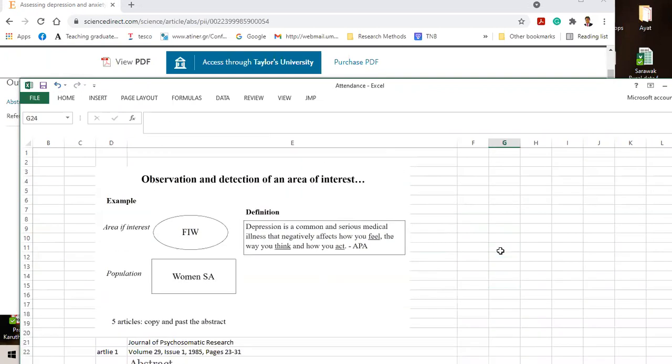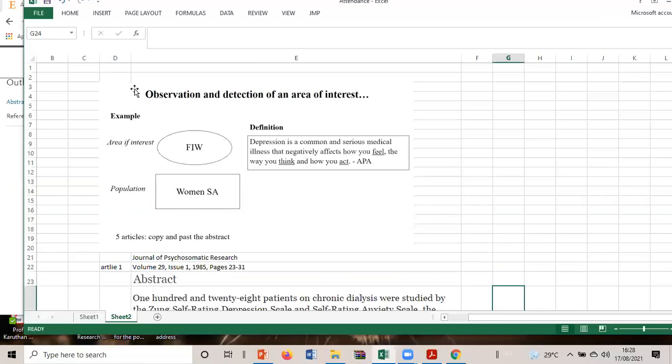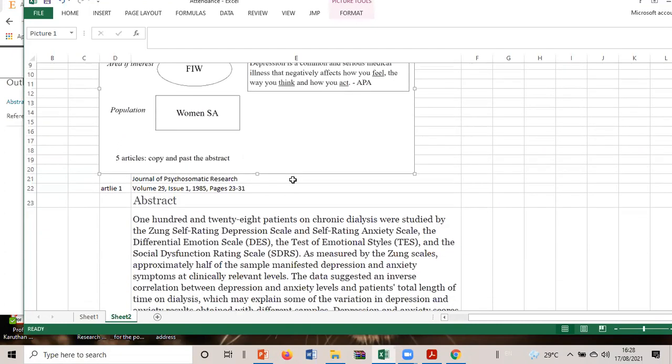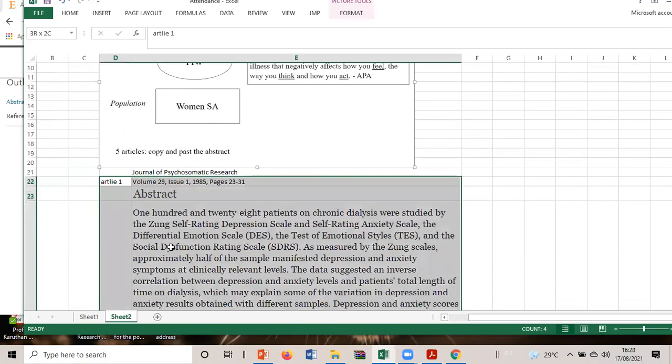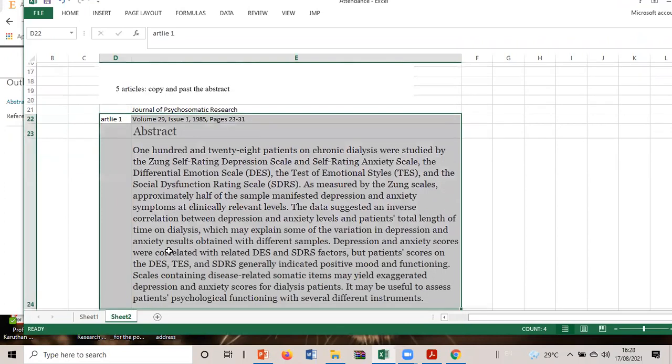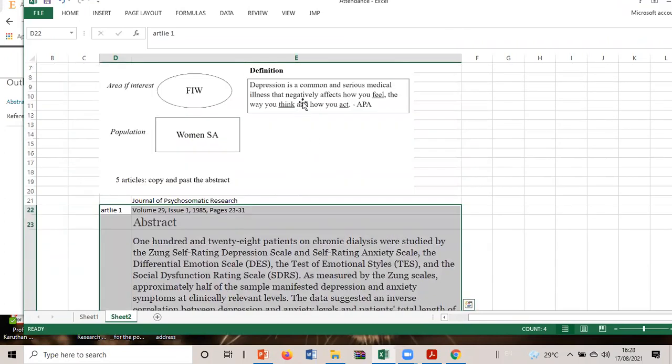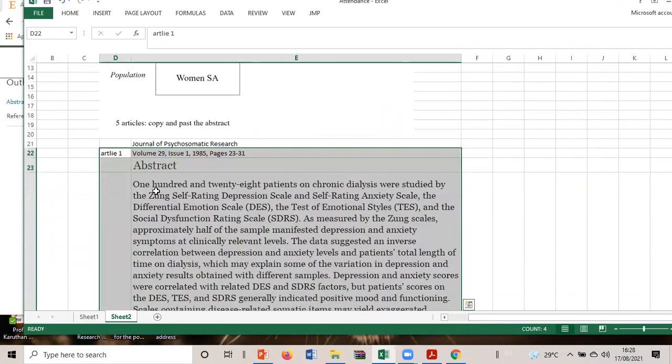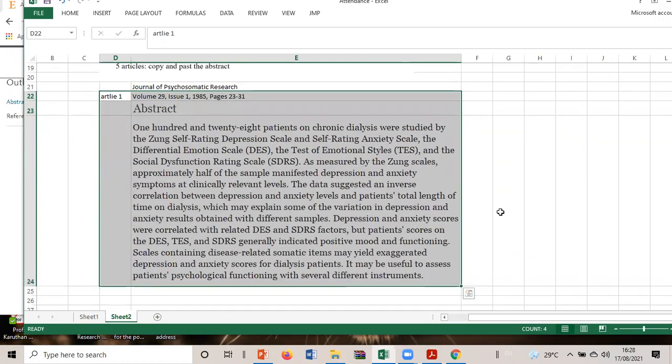All right. So I draw this, my main frame. I already have the definition. I go and search. This is my first article. I have the definition here, and I see the abstract. This abstract will tell you how to handle this area, right? Some may not be complete. Now, what are they telling?